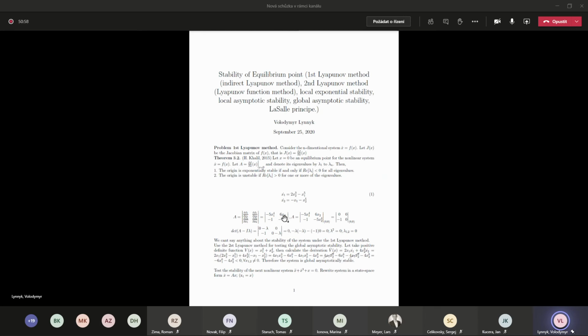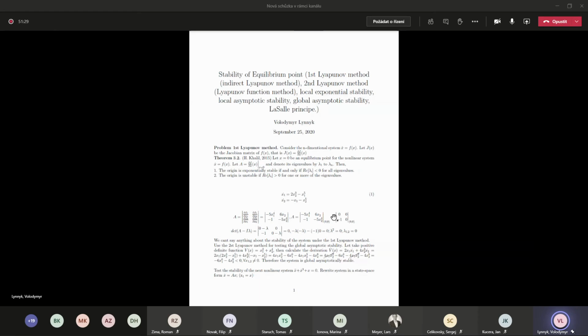I think there is an error here. Here minus 1, and here minus 5 x2 to the 4, and then put 0. Okay, there is a typo here,